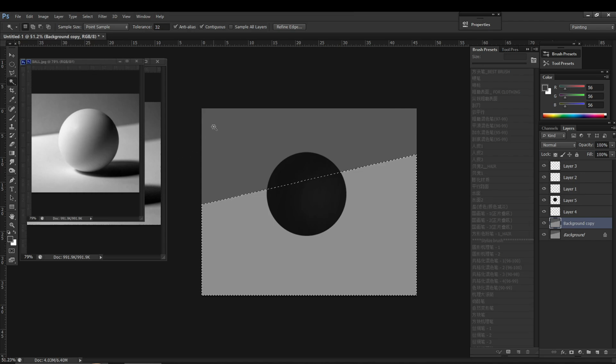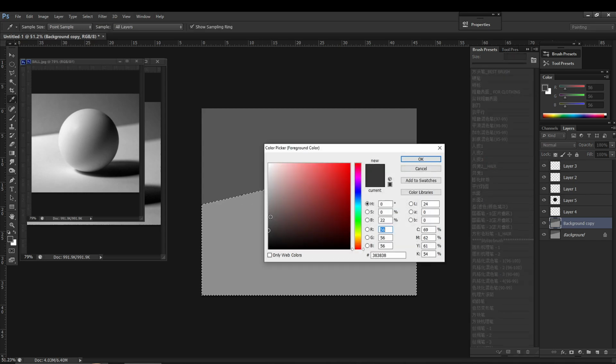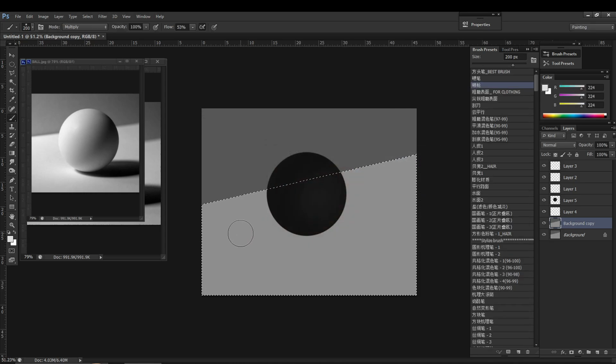So when I do this, I go back to brush, I press B for my brush tool. I select this brush. This is like an airbrush. All right. So now I want to create a light. So I move closer, not white, but closer to white. So around here, and paint from here. Oh, so it's not painting because why? My layer mode is multiply. So you gotta set it back to normal. Okay. So see,